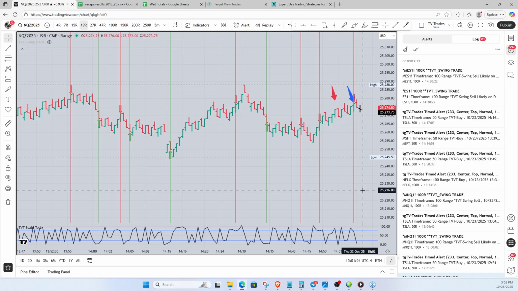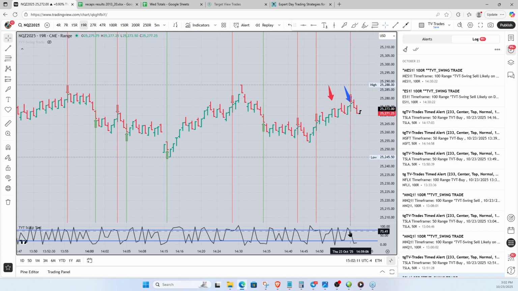Now the TVT trigger is not the same as the scalp tool. You may have noticed that. Alright, the idea behind the scalp tool is to let you know when it goes down like this, when it fails like that at the top. It gives you a fail at the top like that, and like that. Usually, it's going to give you a signal, it's going to give you a trade. Not every time, but usually. It depends on the angle.